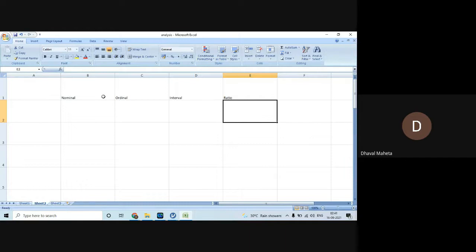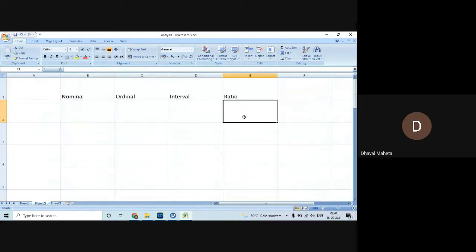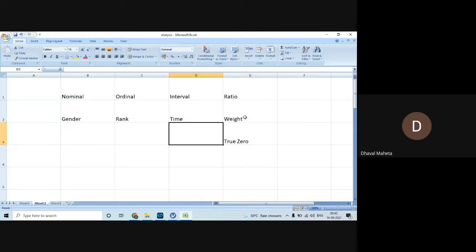The examples of ratio are weight, time, rank in the class, gender. The peculiarity is that ratio data has a true zero. Zero weight means weight does not exist.